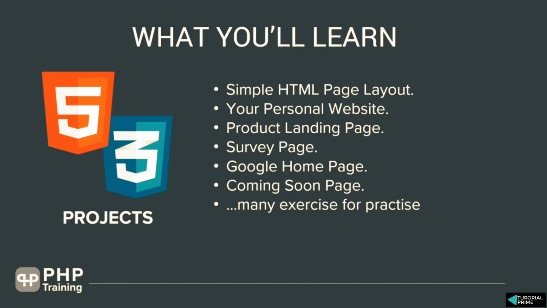After you understand how to create a personal website page, then we'll take a website called Casper.com and try to replicate their Casper product landing page and create a similar landing page. We really go from nothing to creating a product landing page. Then we'll create a survey page. We'll also take the Google home page and create exactly that using HTML and CSS. Then we'll create a coming soon page which you can use for your website as well. I'll leave you with plenty of exercises for your projects where you can go and do the hands-on for your projects.